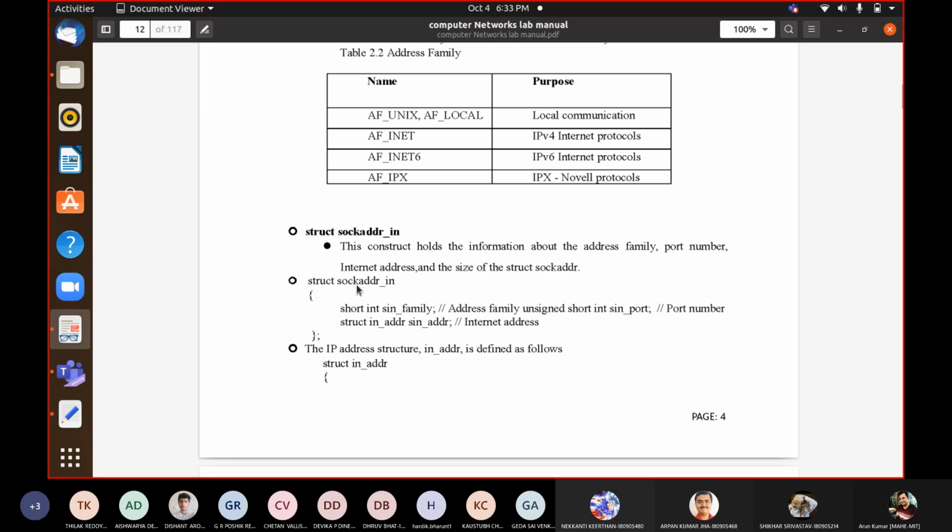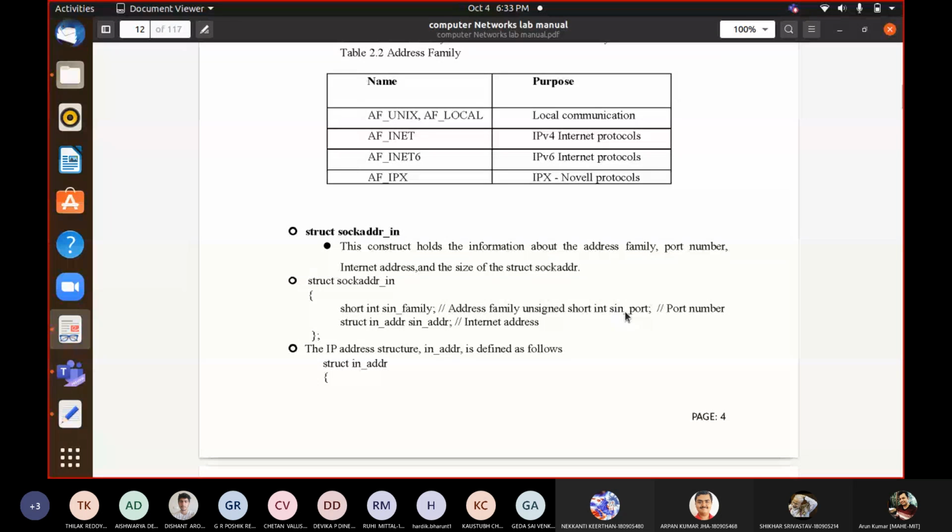So this structure, which is entirely constructed for internet type of address, struct sockaddr_in, has items in it. First is the family. You have to define what kind of family. There is also one more thing, unsigned short int port number, because in an address there is the port number and IP address.